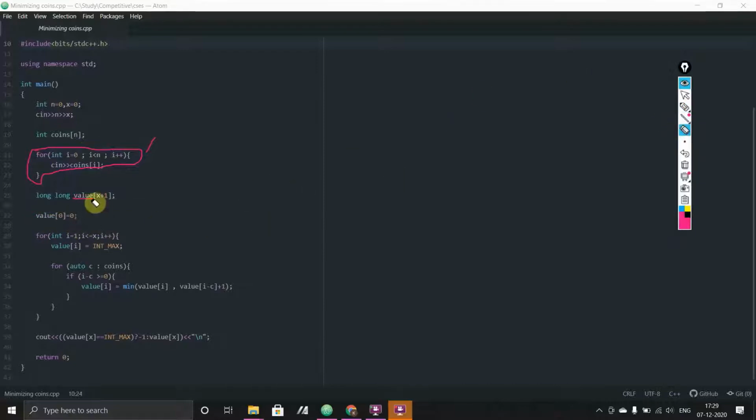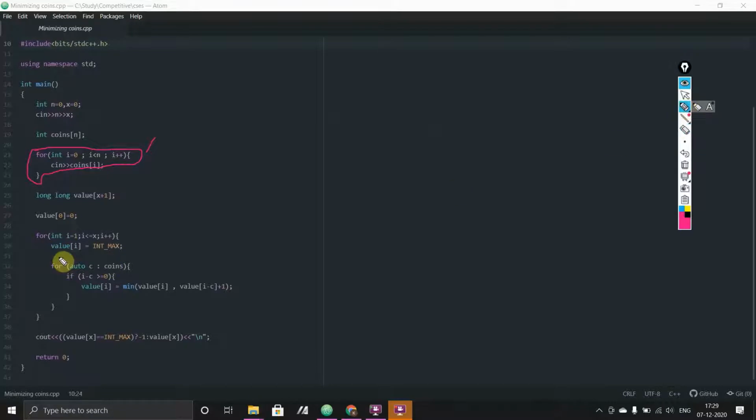Now this is not that tricky to understand. If you think about it, you have to construct 0. Okay, how many operations do you require? Nothing. You don't need any operation to construct 0, because you have to construct 0 from x plus 1 and you are already given 0, so no operations are required.